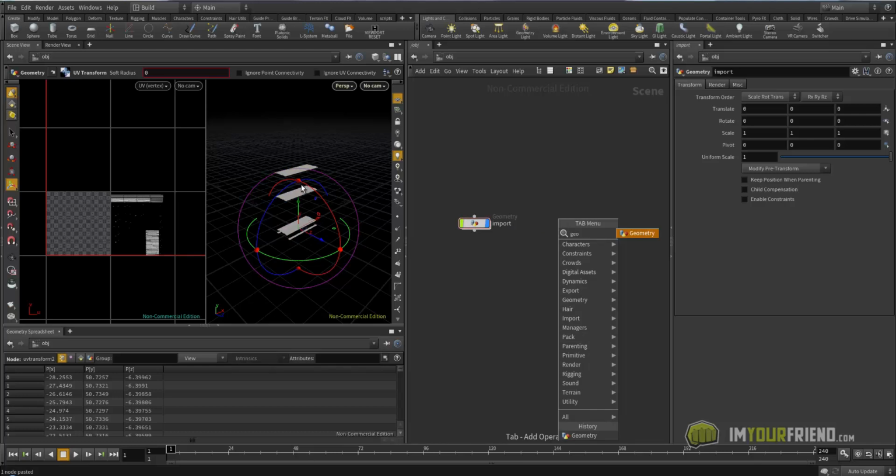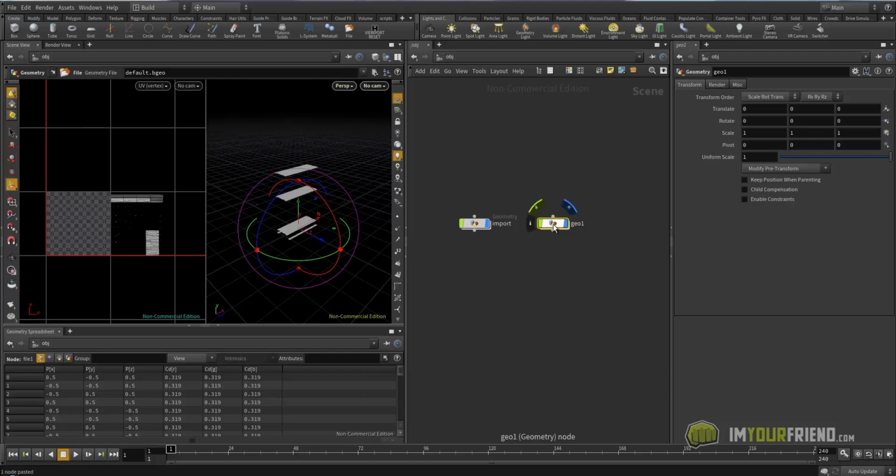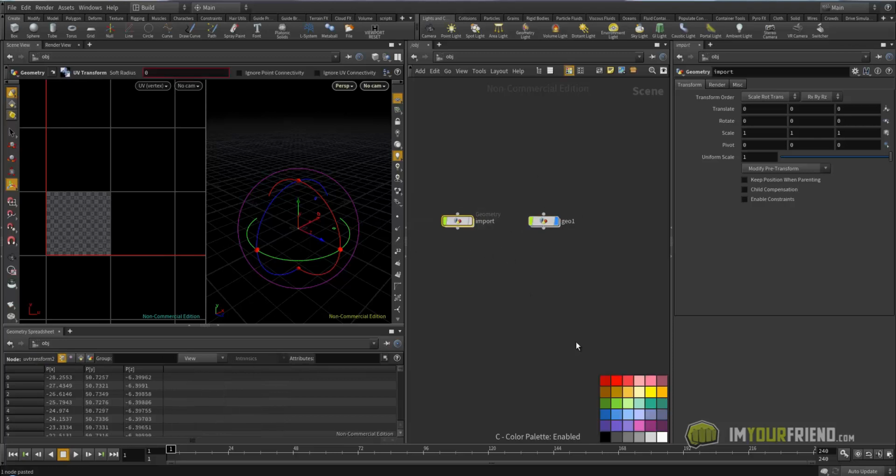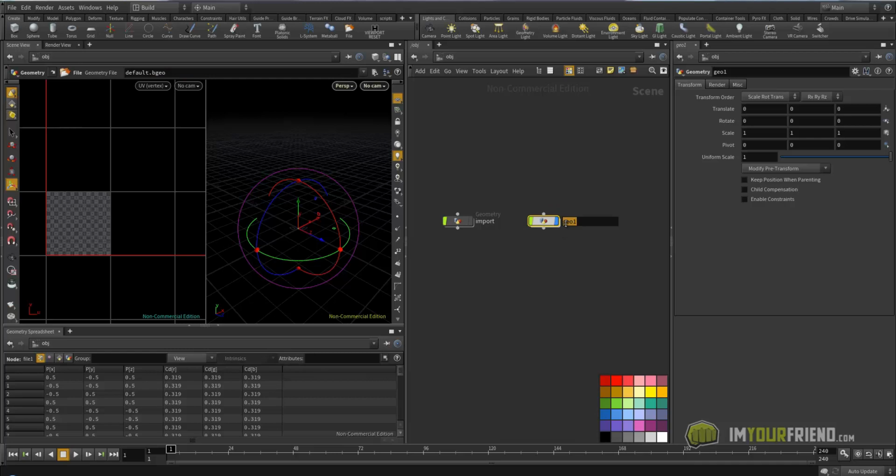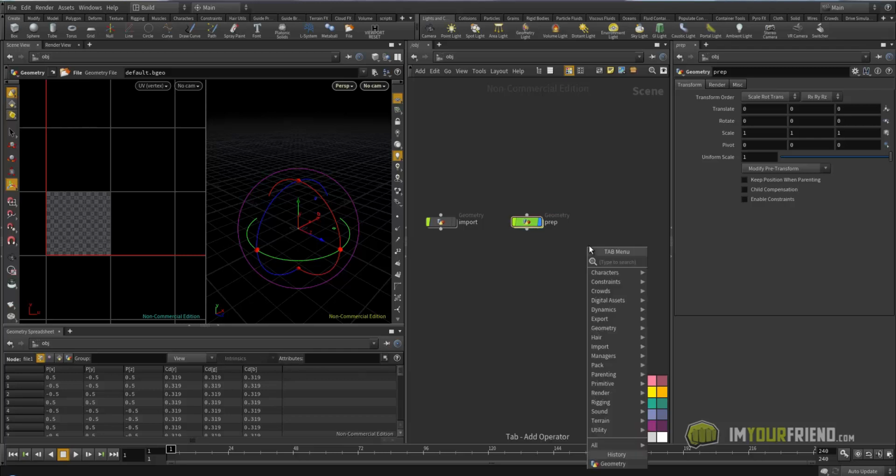All right, now we have to prep the geometry. We need to fracture it up and make sure it's all tagged and properly assembled, so then it can be ready for dynamics. All right, before we get into that, I'll just color these. You want to hit C over scene view. I like to color imports usually dark gray or black or something. Prep, you can choose whatever color. I like to use green or red. And then let's just throw it out here.